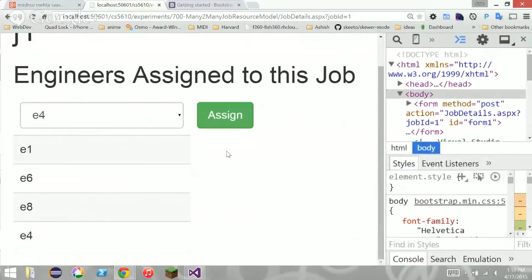And obviously, just like from an engineer, I can go to the details. Look at that. I can go from the list of engineers to a particular engineer, which lists all the jobs. I can go to a particular job, which would list all the engineers, and then I should be able to go back to the engineer, right? So it's kind of like a circle. I can navigate from anywhere, following these relationships. Okay? So let's just add one last thing